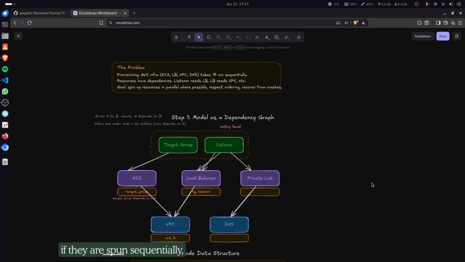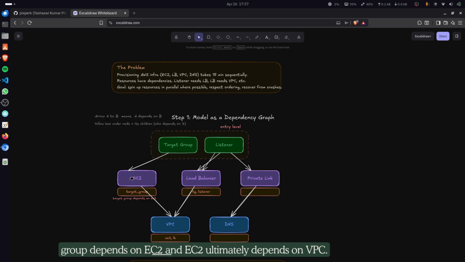that if they are spun up sequentially, they take a considerable amount of time. And resources can have dependencies. That means that a certain resource cannot be spun up until its dependency has been spun up successfully. For example, here target group depends on EC2 and EC2 ultimately depends on VPC. So unless the VPC has spun up, EC2 cannot spin up, and unless EC2 has spun up, target group cannot